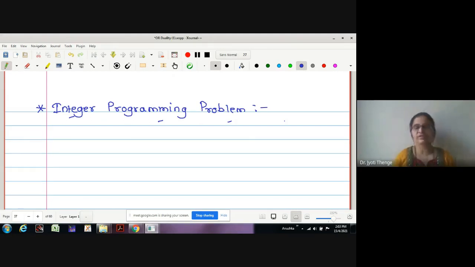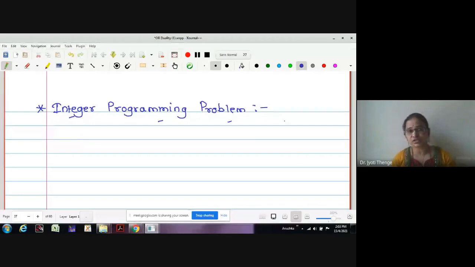That is, whatever linear programming problem we have constructed in the standard format, if we apply any suitable method, how many methods have we studied till now? See, graphical method we have studied, simplex, BigM, two-phase, and dual simplex. Therefore, till now we have 5 methods in our hand. Using whichever is applicable, we have to solve the given problem. No doubt the values of the variables we will obtain are feasible, that is, non-negative. But we have to assure that the values are integers as well, along with the non-negativity restriction.